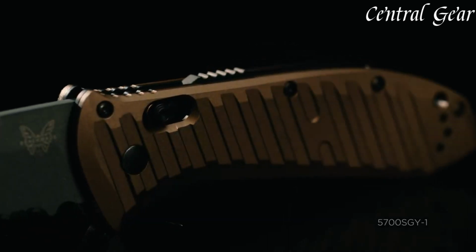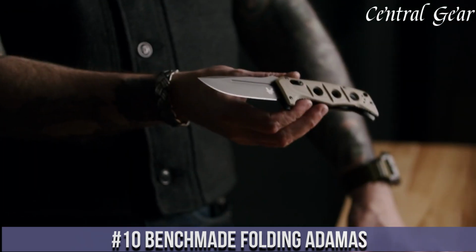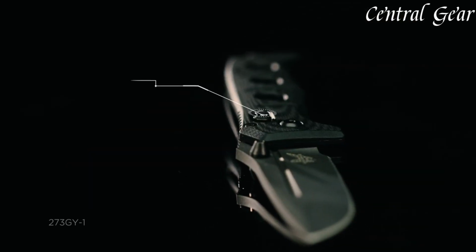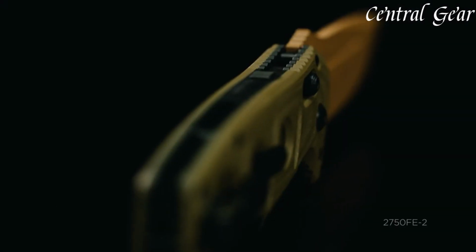Now let's get started. Number 10. Benchmade Folding Adamas is a robust and versatile knife designed for those who demand reliability and strength in their gear. Featuring a durable CPM Cruwear steel blade, the Adamas offers exceptional edge retention and toughness, making it ideal for heavy-duty